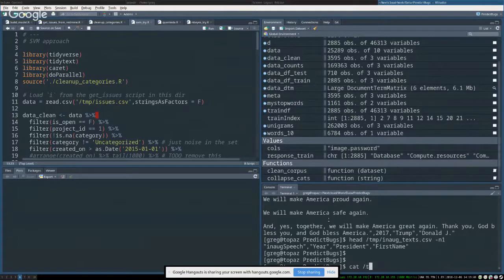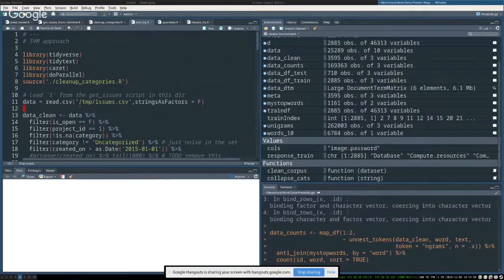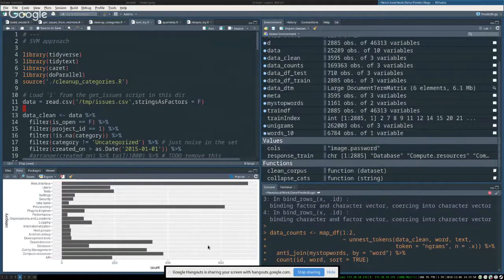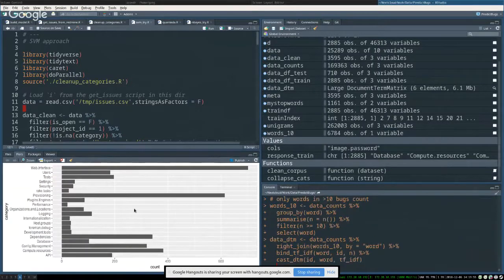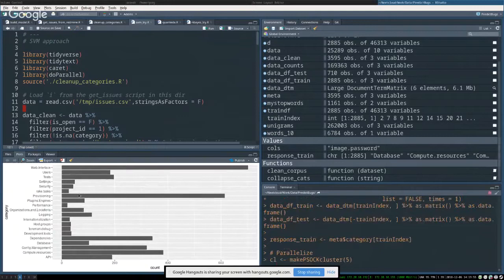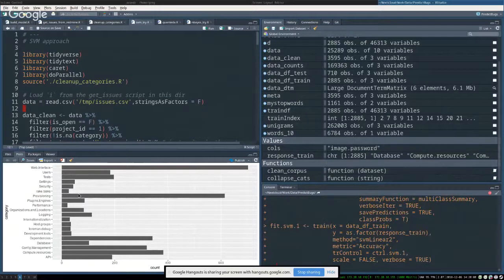Right, so temp.issues CSV comes direct from Redmine. I have a script that generates it. So we'll assume we don't have that, but we do have data, and I can execute everything after that line. Okay, so straight up I get a nice graph of category distribution you can see here. And so it does tell us that the categories are not equal, and this gives us some potentials for